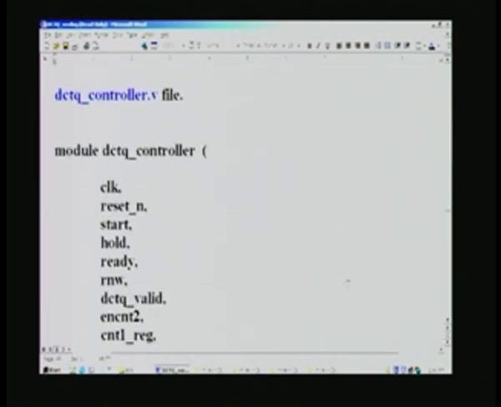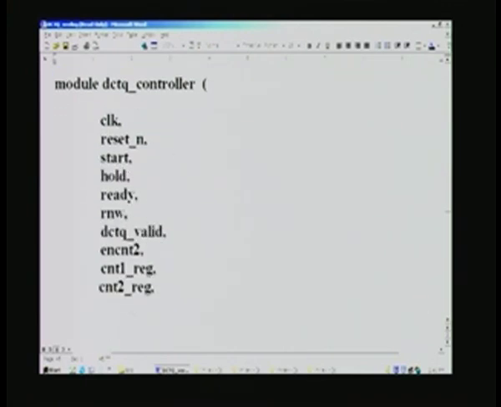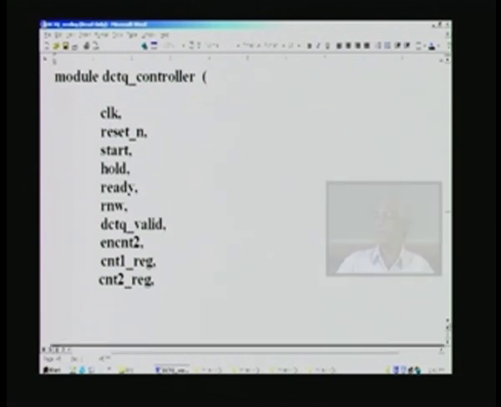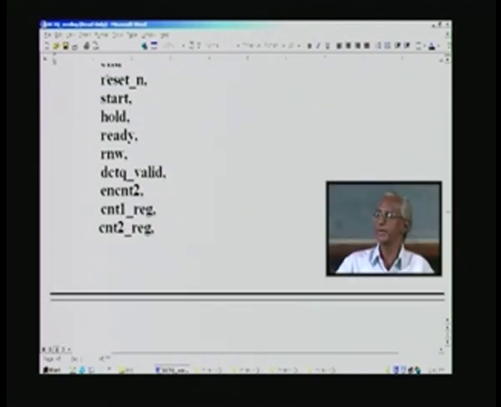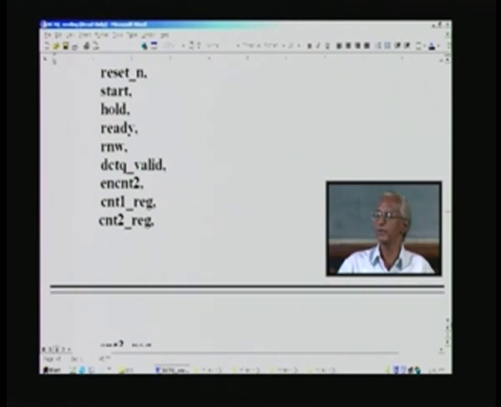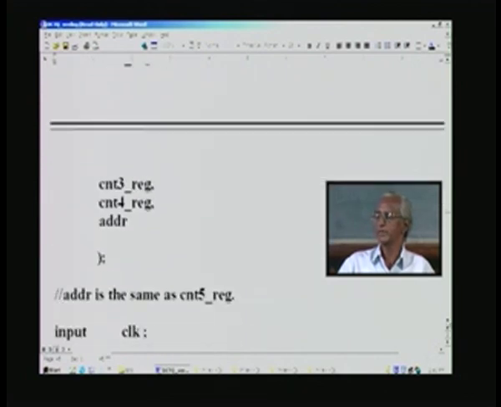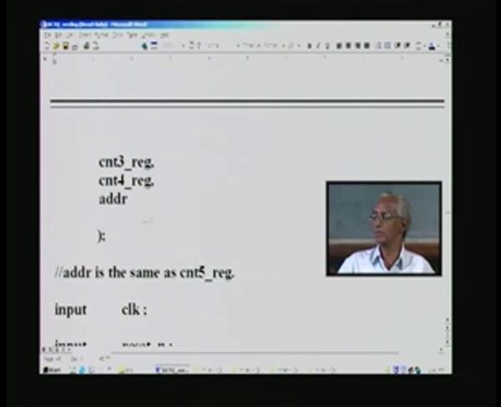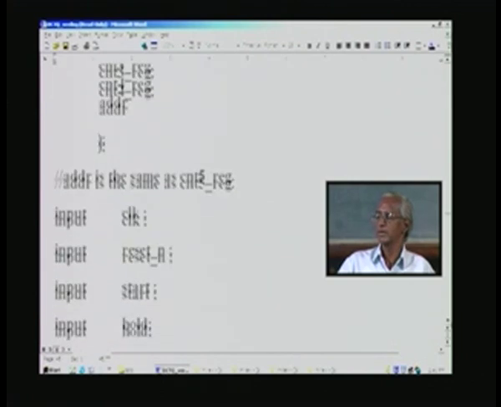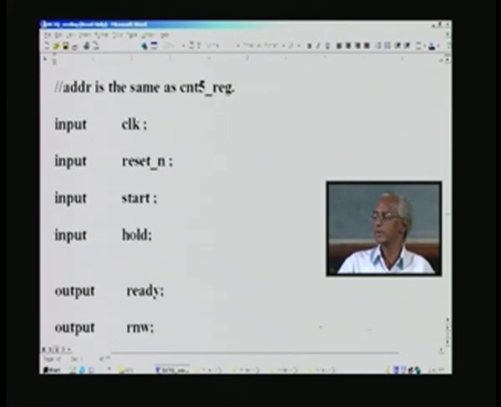And next is the DCT-Q controller. These signals are listed here, and we have different inputs: reset, start, hold, ready, and these are all the outputs. R and W is to switch from one RAM to another inside a dual RAM, and when DCT-Q valid is to be given, all that is covered here, all the counters. Also the address for the DCT-Q coefficient, and the address is the same as counter 5. We list here and declare all the inputs as well as the outputs,